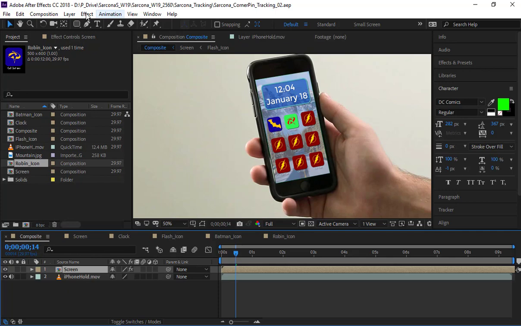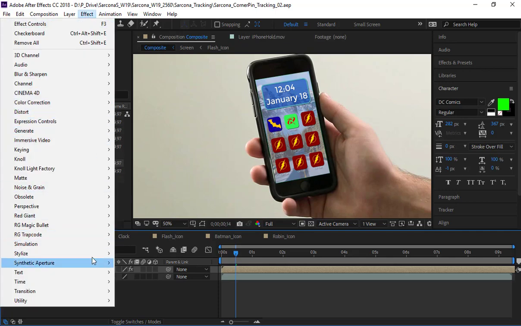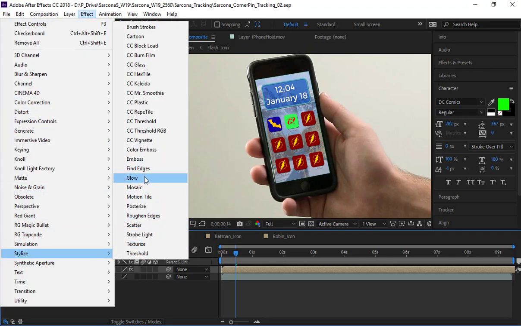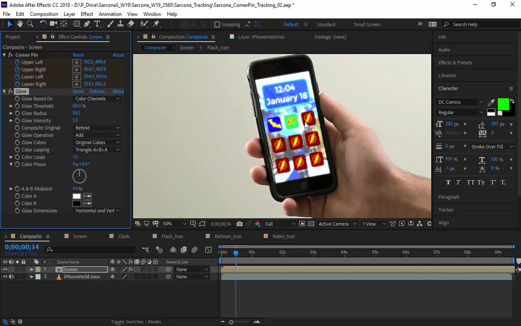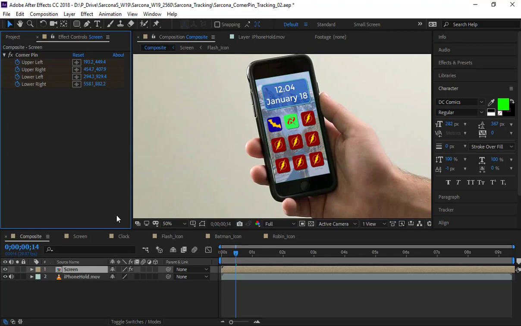If I go up to my effect, I say stylize, and I add a glow. This is what the glow is going to look like. It's taking the brightest parts of the image and making those pieces glow. Even if I pull the threshold down, now it's overblown. I could pull the intensity down, but then I still kind of lose that. So there's not a whole lot of stuff specifically that we can do to this. We can still play with the color and modify it, but I like doing it this way